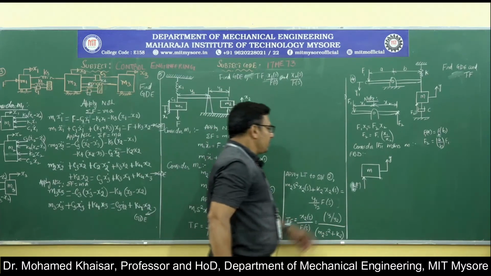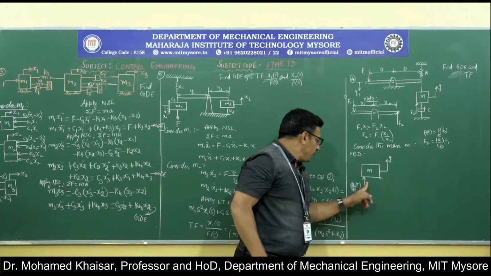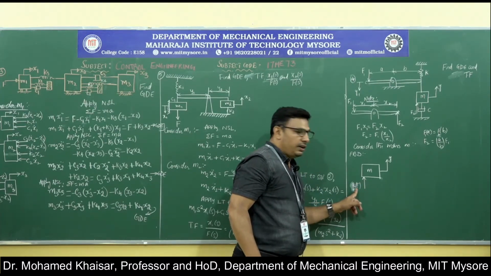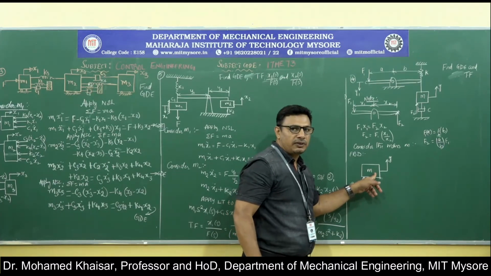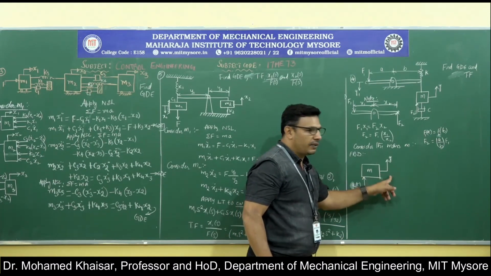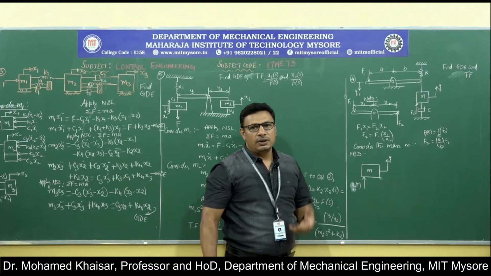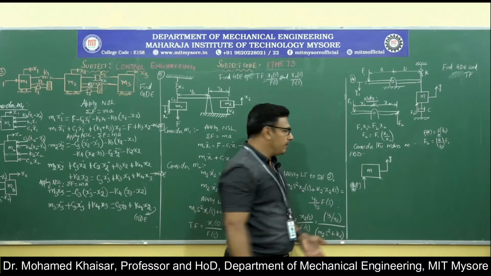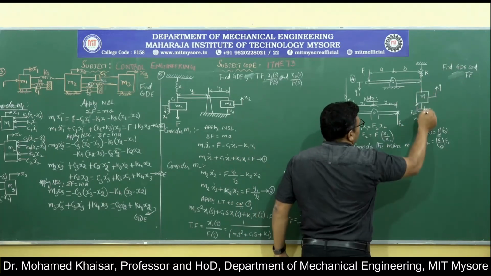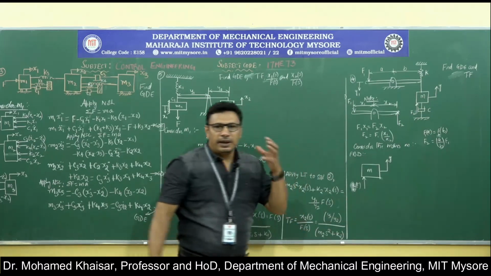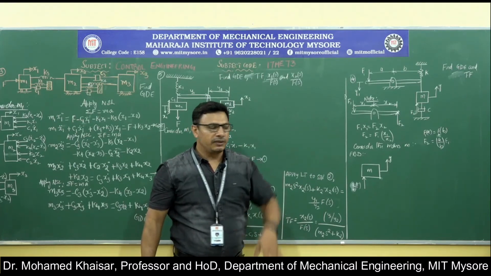Now, the force A divided by B into F has disturbed the mass, because of which the mass is going to get a displacement of y. This is the disturbance. Since disturbance is undesirable, we have connected a spring as well as a damper to eliminate or at least to minimize the disturbance.